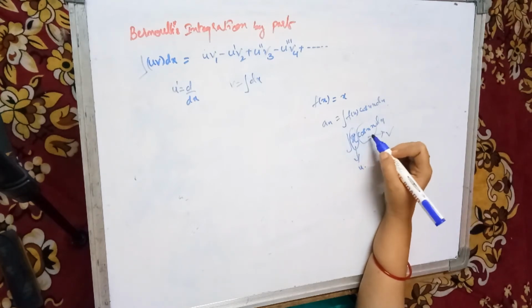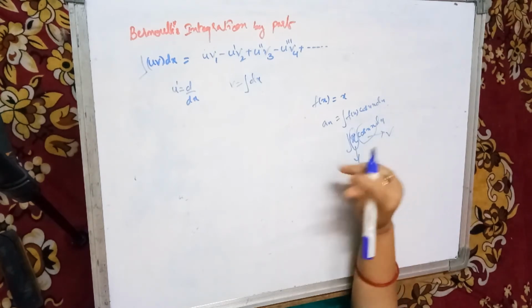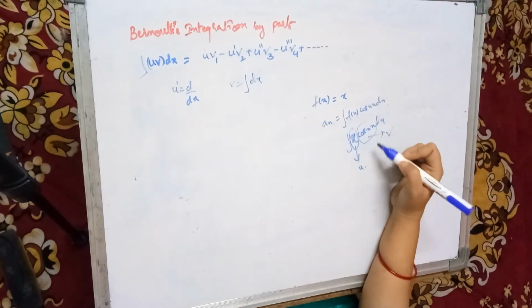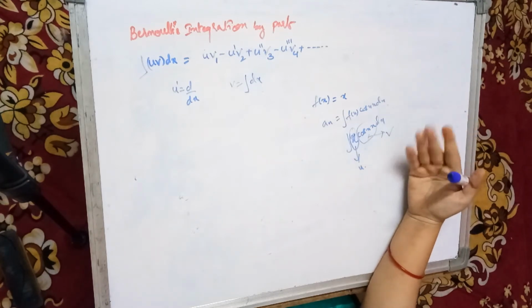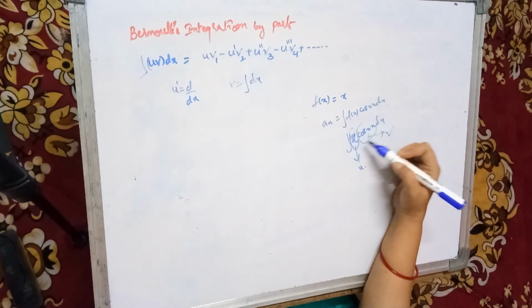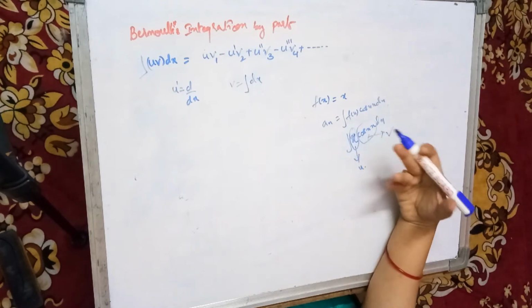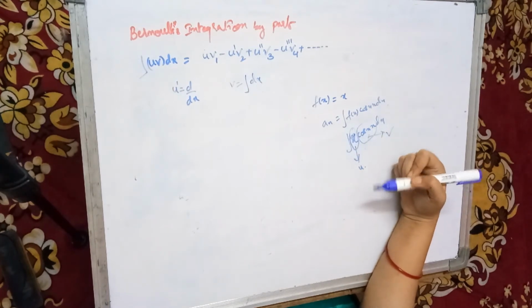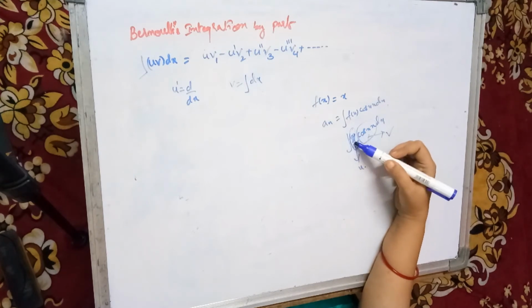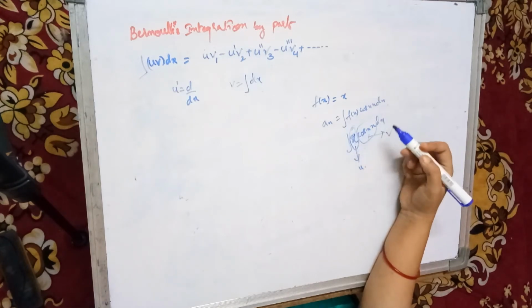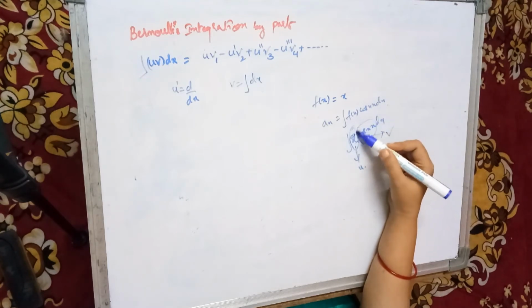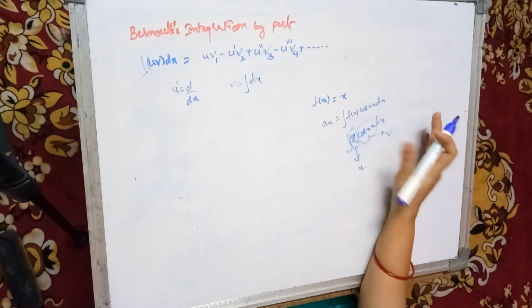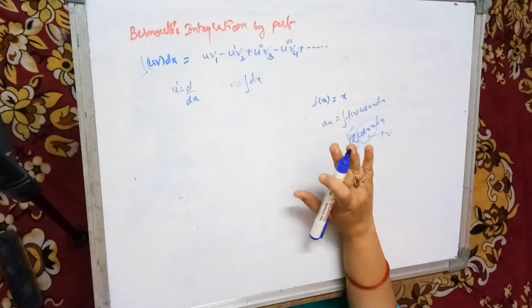If you take it the opposite way, then there is no end to that problem, because your cos will keep on differentiating, cosine, cosine, cosine you are going to get, and x is going to keep on integrating, so it will increase. So you have to choose your u: whatever the function is given to you, x, x square, x power 4, you consider that as u, and your trigonometric part under v, so that the problem ends very soon.